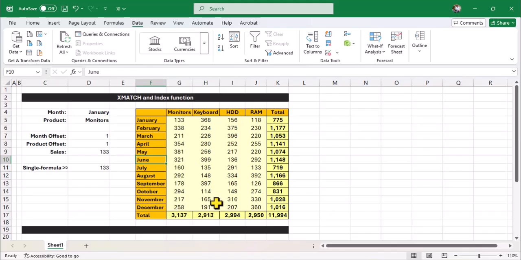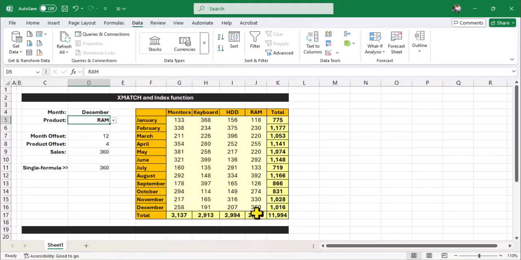Now, what I want is to be able to select any month name and any product name, and it should show me the corresponding sales figure. So here I have created a drop down for the month and I can select any month name from here. Take for example, I select December and in the products, I select RAM.